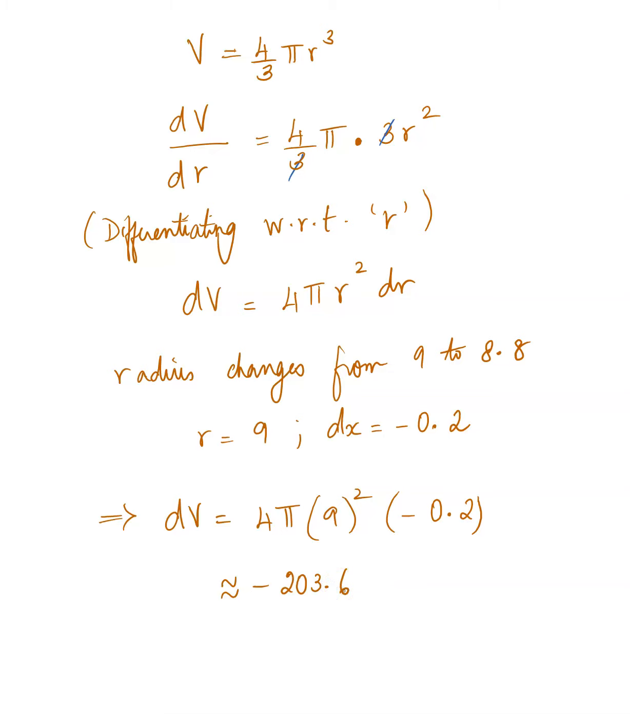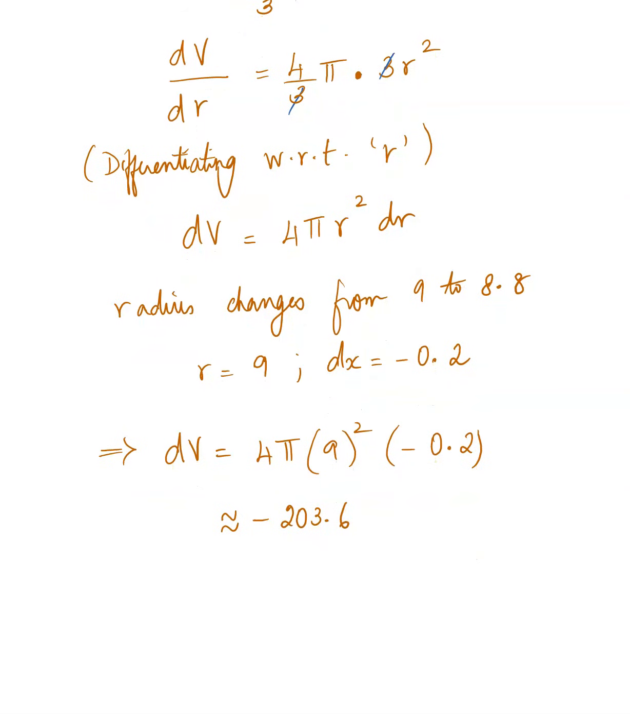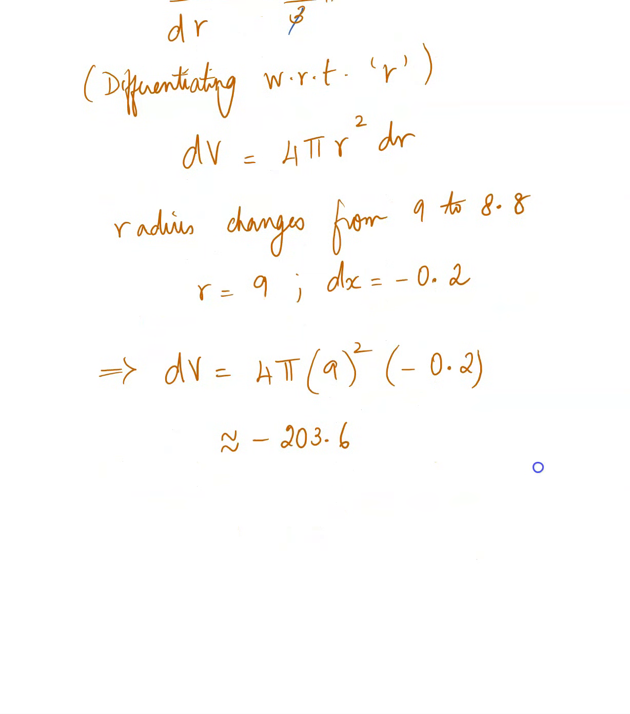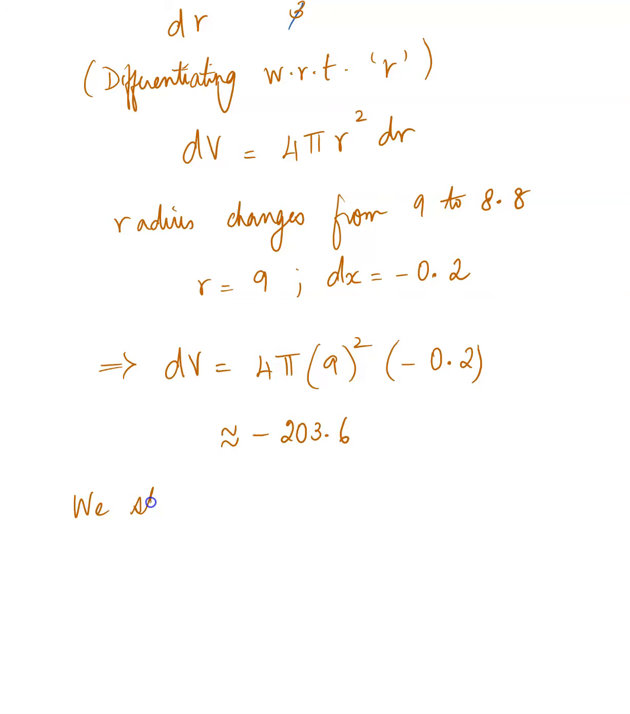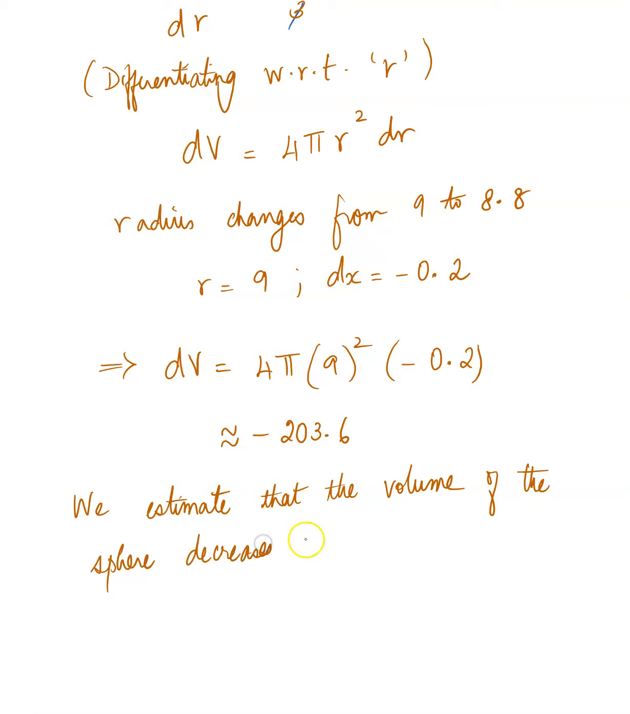So we have approximated the dV, the change in the volume. And so if you were to interpret this, we'll say we estimate. This is estimation, you know that, right? Because that formula that we're using by plugging in for r as 9 and dx as this comes from the formula which we use to estimate differentials. So we estimate that the volume of the sphere, note that you have a negative volume, right? So that means it decreases by